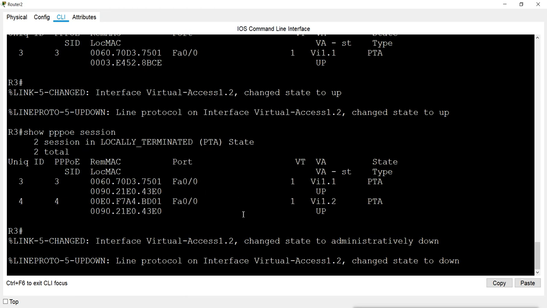One is from the virtual Wi-Fi router, and the other one is from the other router.